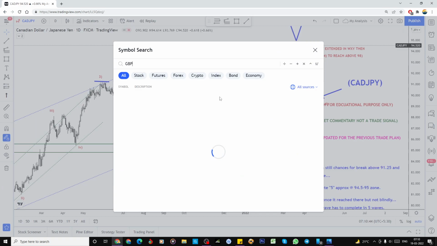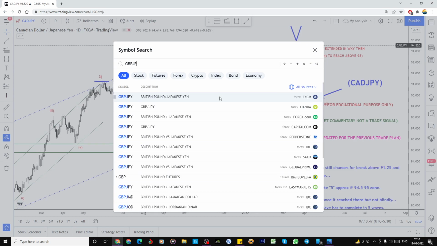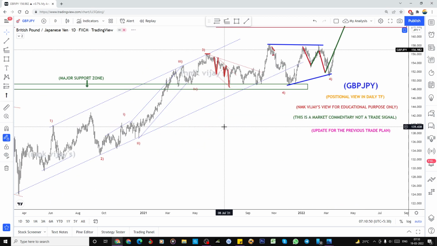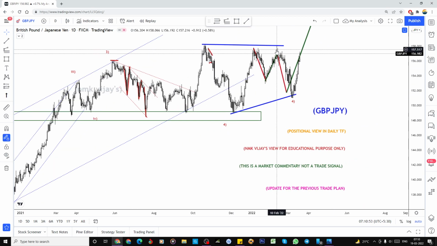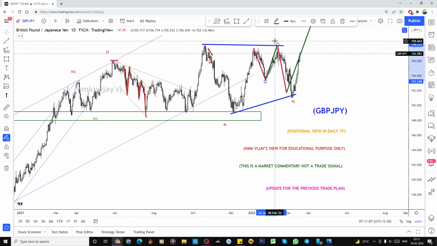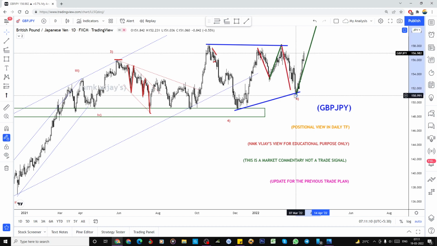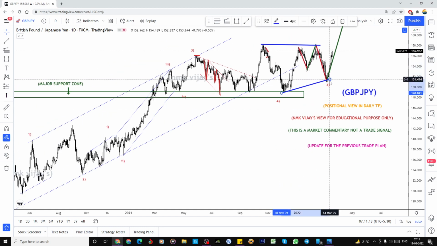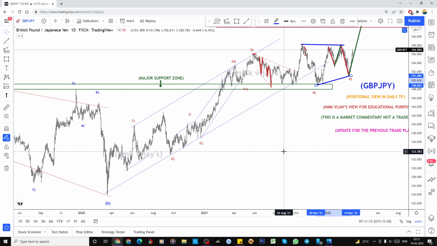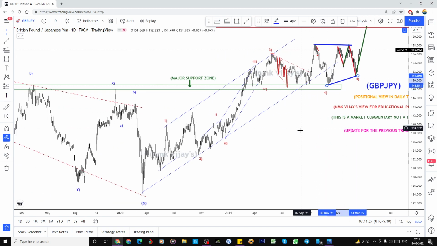And for one of my friends in one of my forums, I helped him with the GBP JPY pair. He asked me, and I submitted before this here. From here I explained on 21st January, it can do like this, but what it did, it broke the high also. Even though this is a three-wave structure, it did that same thing in GBP JPY. It is in a triangle. All the pairs have a similar pattern. That is why if you correlate all the pairs, AJ, CJ, GJ and UJ, everything is in the triangle